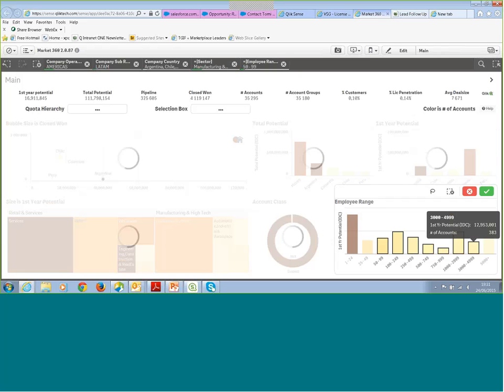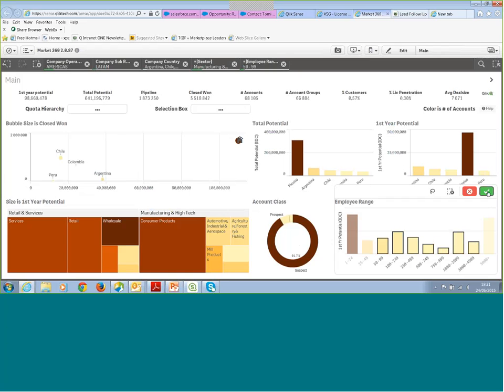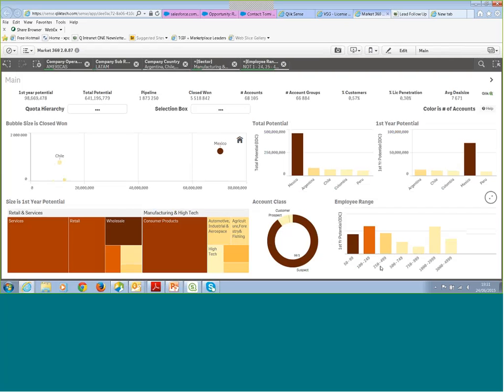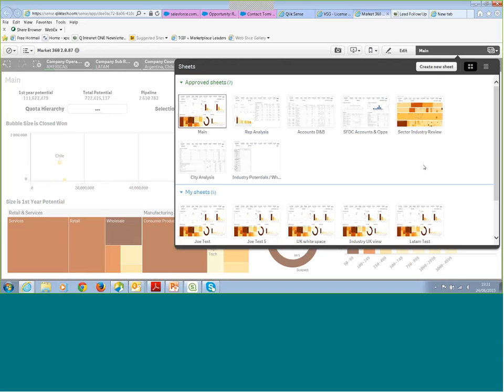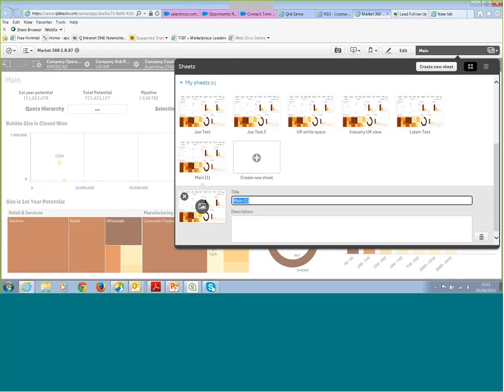So here I might just want to look at particular employee ranges within those countries, and then look at where we've got white space and where we've got gaps in our coverage model. If I want to, I'm able to duplicate that sheet and actually change the way I look at the data. So I don't just want to take a country view anymore. I actually want to look at that